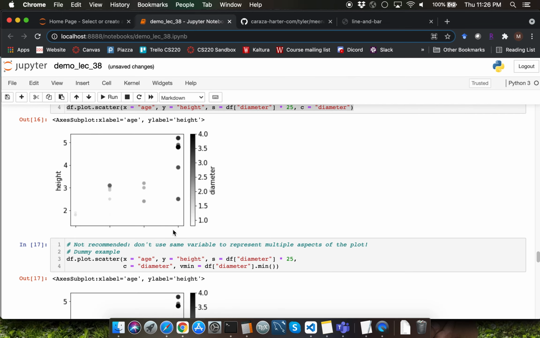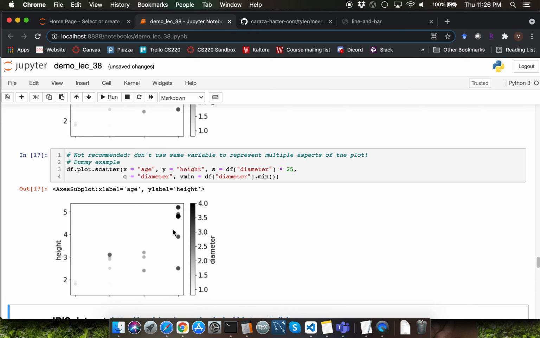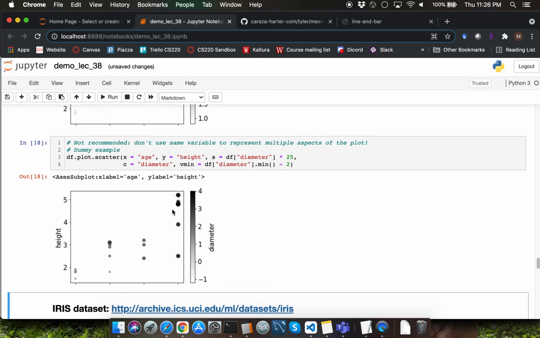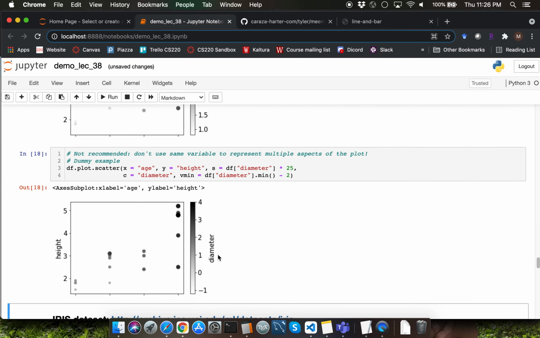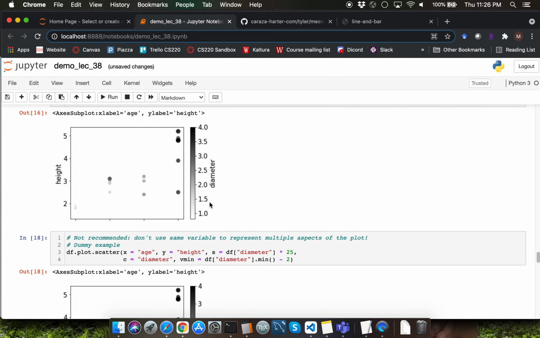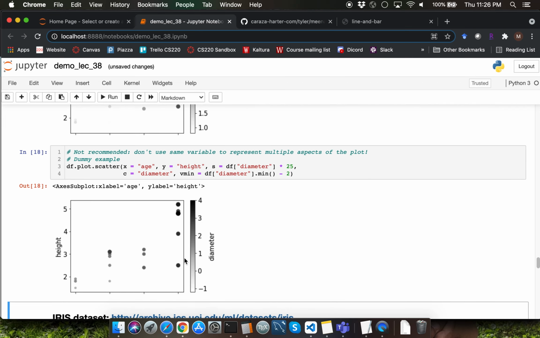If I execute this as such, we are going to get the exact same plot as before. What we want to do here is to lower the vmin setting a little bit before the very first diameter value that we encounter. Let's say that I want to subtract 2 from the existing vmin setting. Observe that now the diameter scale, which is displayed on the right hand side over here, is starting from -1 instead of starting at 1.0. It's pretty cool that the scale here is directly provided to you for the color parameter.